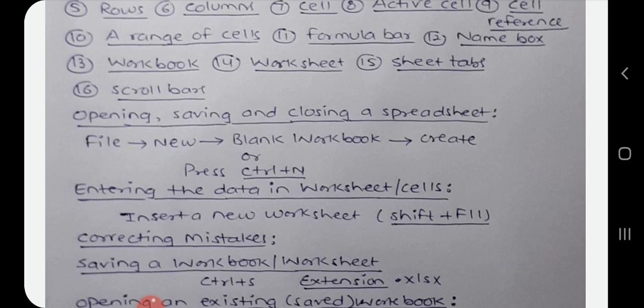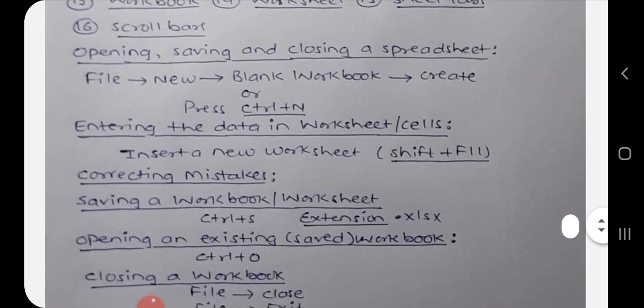Next is entering the data in worksheet or cells. In a workbook, sheet 1 is active by default. To type in the data in the selected worksheet, first locate the cell in which data is to be entered and type in whatever text, number or formula you want.